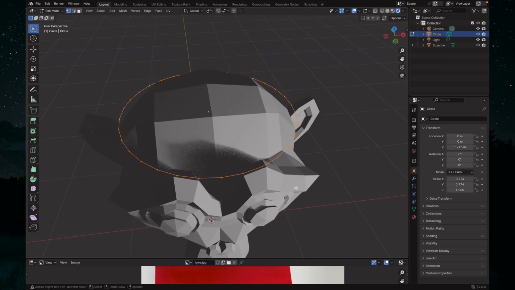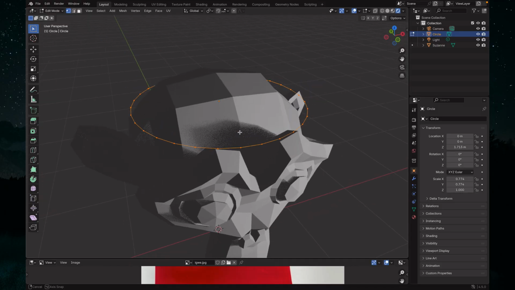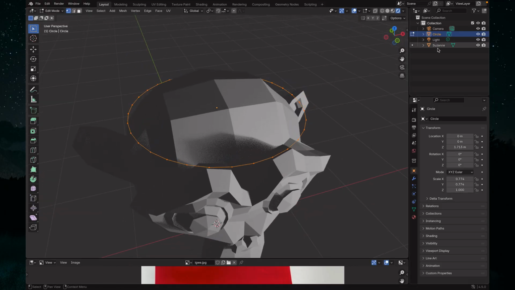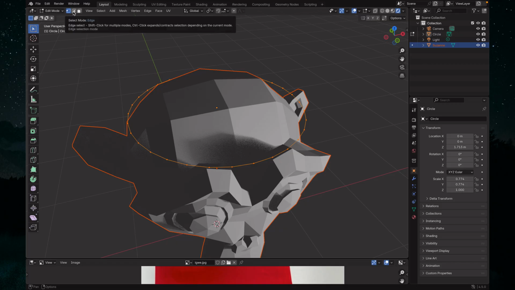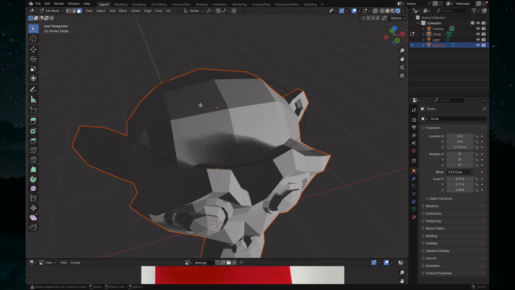So now remember, our objects are made up of faces, edges, and vertices. What do I mean? For example, if I select our monkey here and I select a face option, you can see on the top here, on the left top, we have the first option is for vertices. The second one is for edges, and this one is for faces. To select them on the keyboard, 1, 2, 3. So we want to select a face. So we are going to click number 3 on the keyboard,